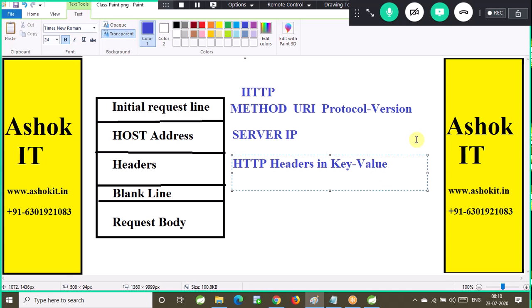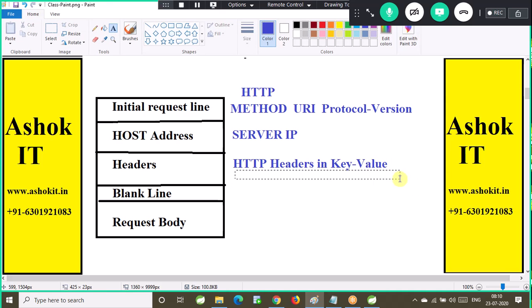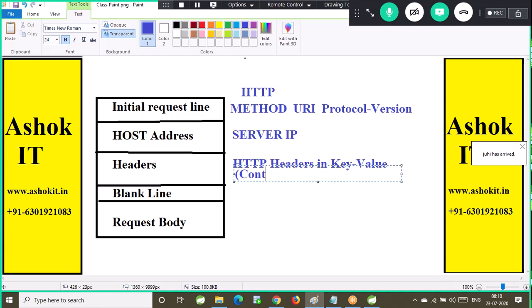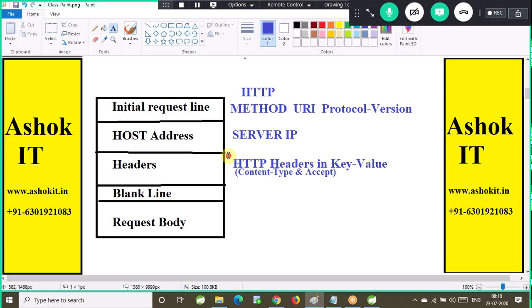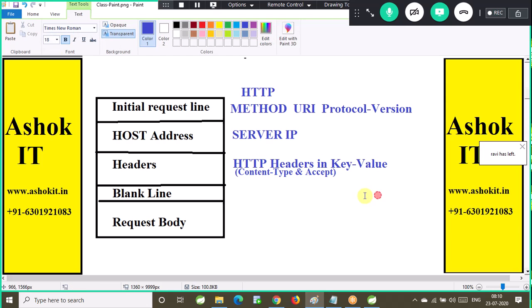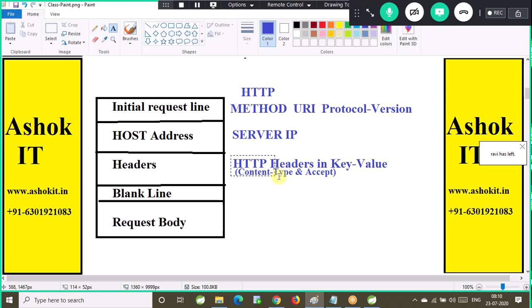So what are the headers we already discussed? We discussed the accept header and the content type header. Content type is one header and accept is another header that the client will send to the server. This is a message oriented representation. What type of information is the client sending to the server, in which format the client is sending data to the server, and in which format the client is expecting the data from the server will be represented by the headers. Those headers also will be available in our request.